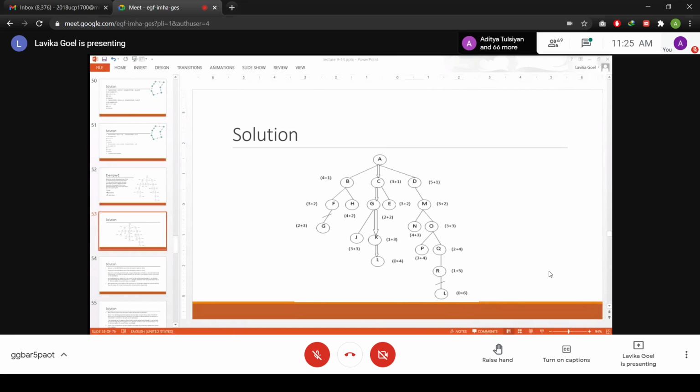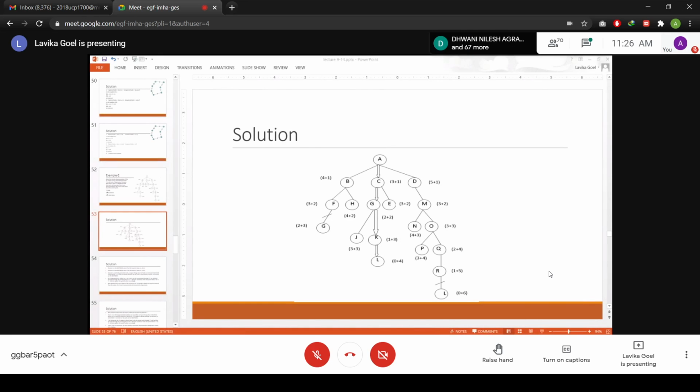Now this L is not having any children, so it is said to belong to the open list. Fine, it's not having any children, so you don't have to update the cost of children in this case. In the previous case G had got children also, so that is why you were updating the cost of children also. But in this case, there is no child of L, so you just have to update the cost of L, and we say that L belongs to the open list. It is that case because it doesn't have any children, right? So this is the case.